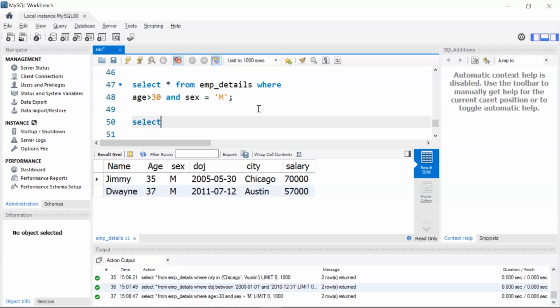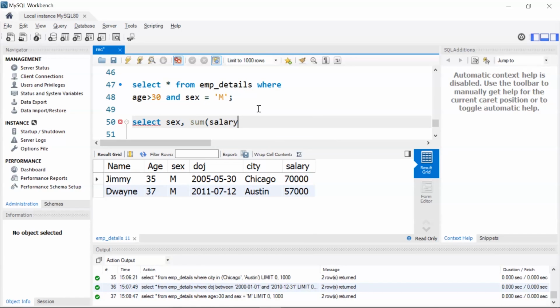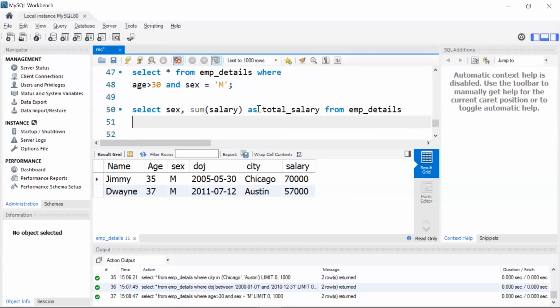So I'll write select, let's say sex, comma, I want to find the total sum of salary, as I'll give an alias name, let's say total salary, from my table name, that is employee details.